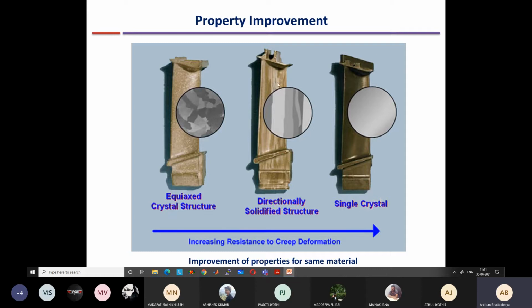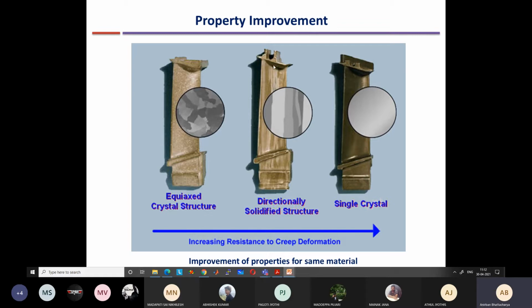So along the longitudinal direction, along the length of the blade, because there is no grain boundary, it has very high creep resistance along that direction. So it has directional properties. The creep resistance is more in the longitudinal direction. Because the turbine blades rotate at high speed and undergo very large centrifugal stress, they tend to elongate because of creep, since they operate at high temperature for a long duration.